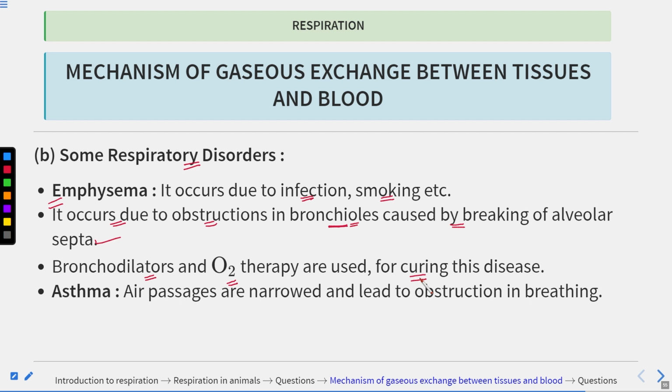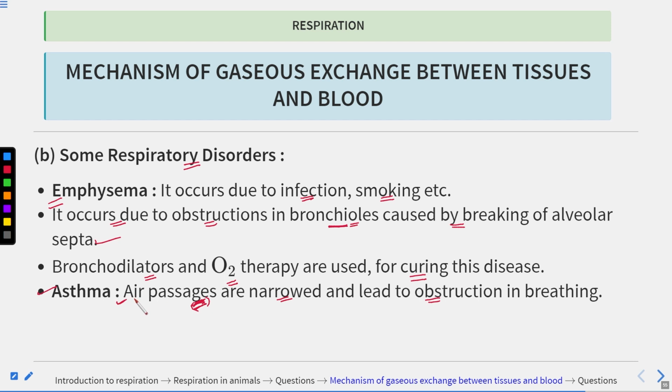Okay, now next is asthma. So what happens during asthma? The air passages are narrowed and it leads to obstruction in the breathing. So this is what happens in asthma. Asthma is very common these days, and because of the increasing pollution, asthma cases are rising, as well as due to a lot of allergies also. Asthma is rising because polluted air consists of a lot of pollutants that can cause allergies,